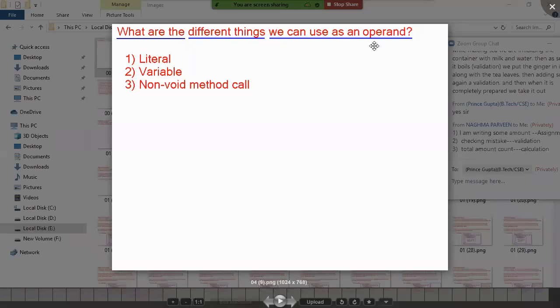The next, can I use an expression as an operand? I'm preparing a big expression, plus operator I am using 10 times. Can I use an expression as an operand to another operator? Yes, an expression also. So we can use 4 things as an operand: literal, variable, non-void method call, and an expression.